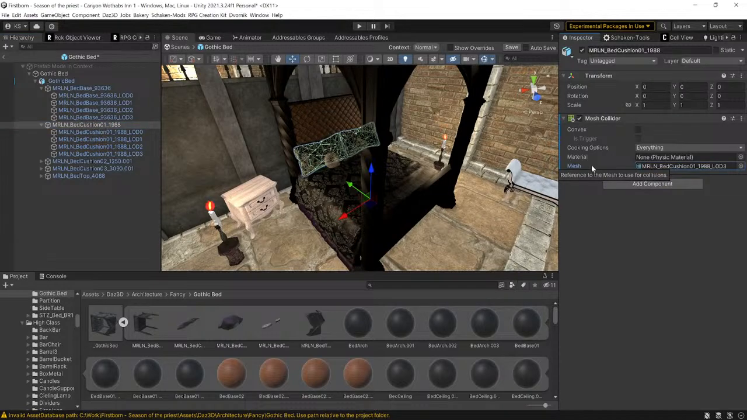Now, the better way to do this would probably be to add sphere colliders for these poles and make a box collider, which would be like a rectangle for this back one, then the box collider for the bottom, then maybe another one for this foot panel. That'd be the better way to do it as far as optimization. But